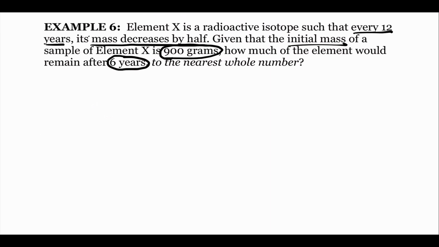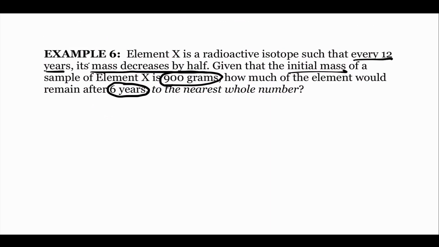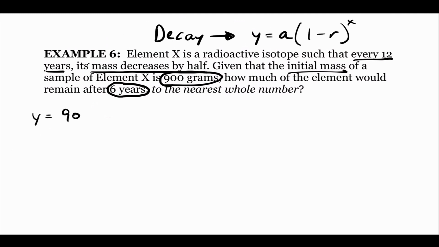Okay, so is it growth or decay? First thing is growth or decay. Is this going to be exponential growth or exponential decay? Is it getting bigger or is it getting smaller? It's decaying, right? It's getting smaller. So the formula we're going to use is the one we've been using before. Let me fill in that formula. Y equals, what is the initial amount? 900. So we're going to put 900, good. 1 minus,